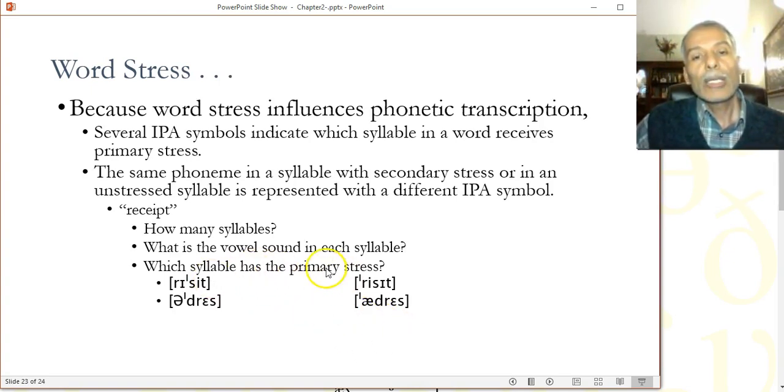So we use the symbol, the diacritic. It's called a diacritic, which you put here to show where the stress is, and that will help you, because your awareness of the stress is going to force you to choose particular ways of transcribing. You cannot just mix and match. For example,